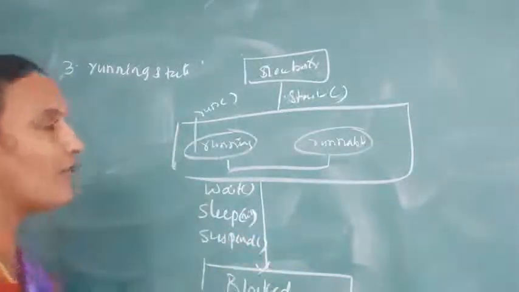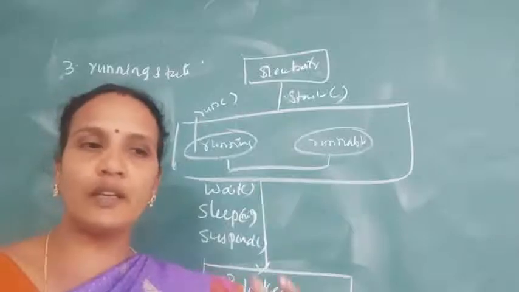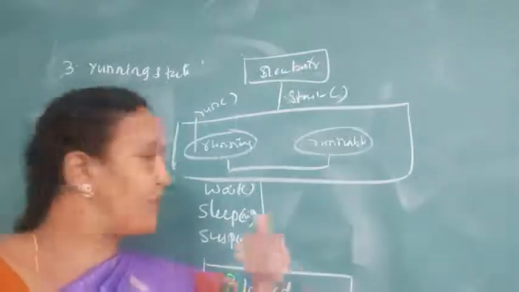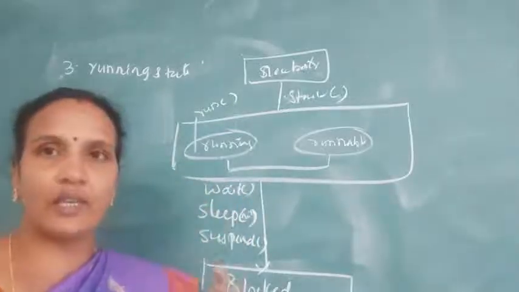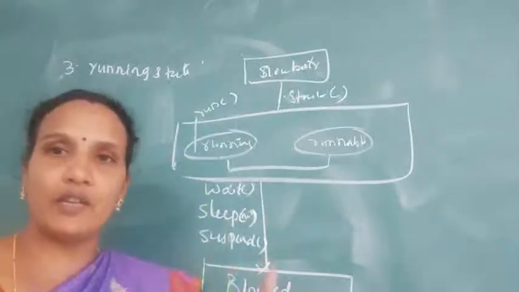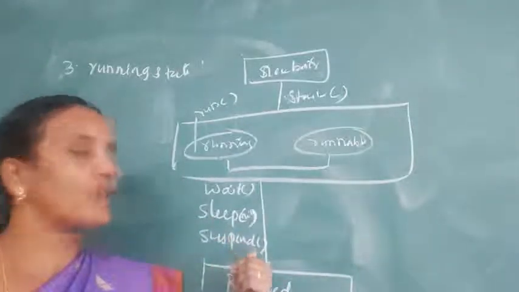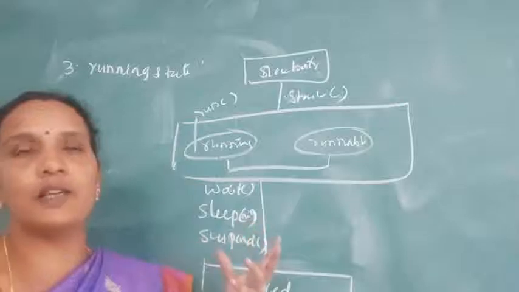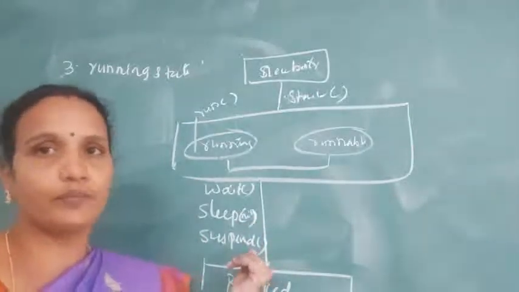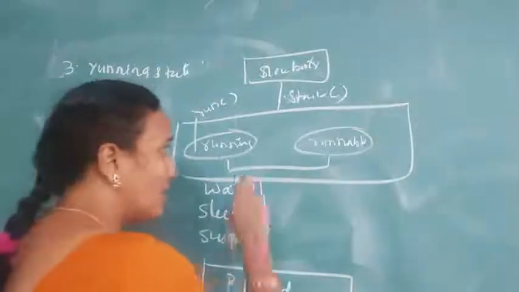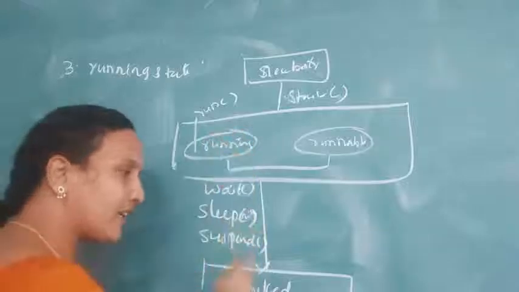Understood? So one thread is running, meanwhile it needs some values from a user. So we are asking the thread to wait for some time. That is possible by using the wait method. Okay, and one thread is executing. For some time I want to make that thread sleep. So we use the sleep method. Next, suspend method. For some unexpected result or unexpected input, we are making a thread go to the suspended mode. Okay. So in these three cases, the thread will move from running state to the blocked state.